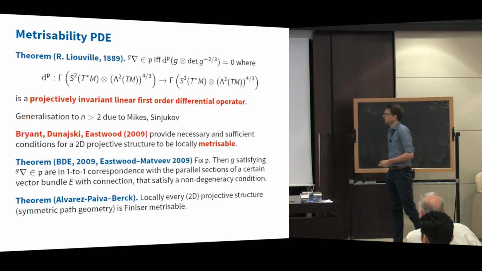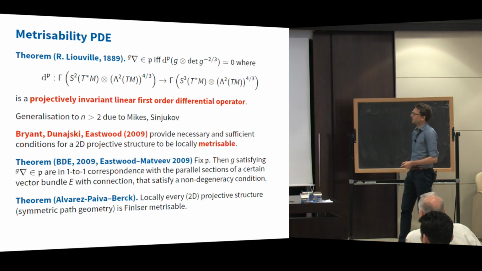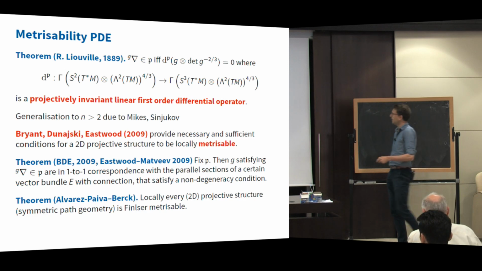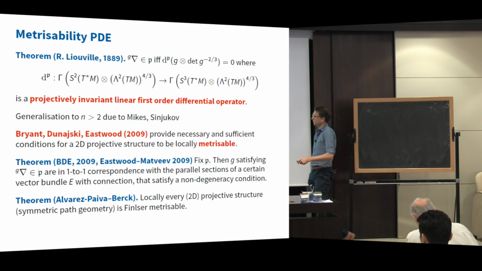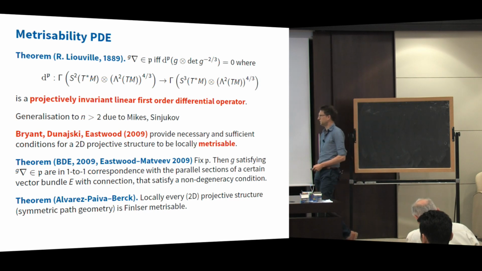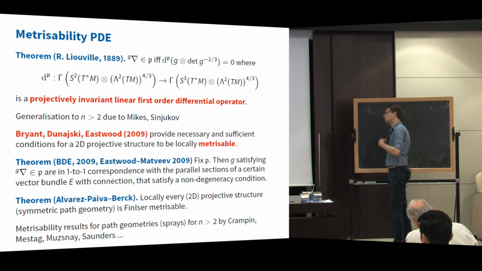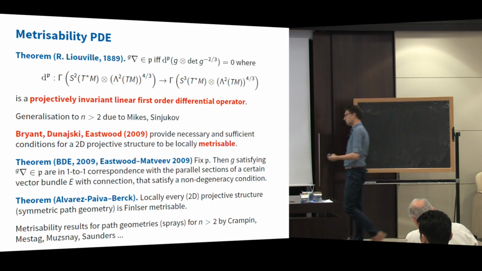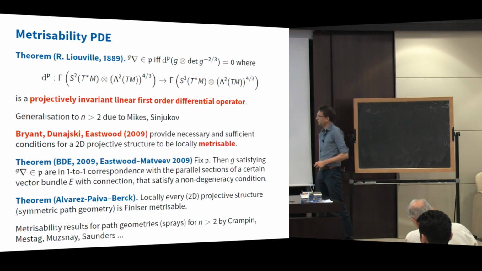And it turns out that's true, at least locally, although it turns out also globally, as long as you assume that the space of geodesics admits the structure of a smooth surface. This is obviously a pretty restrictive condition, but locally you can always assume that to be true. So locally every path geometry, or to be precise, symmetric path geometry, is Finsler metrizable. You can go on to higher dimensions, and there are also results in this direction, some of which are by authors that are here. I met Tom and Sultan yesterday. Yeah, hello.